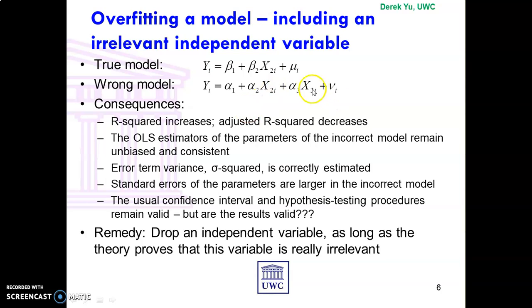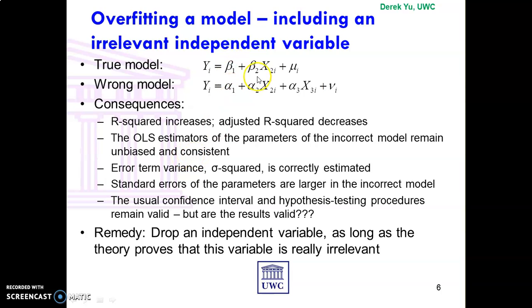Your R square would increase. Remember the weird characteristics of R square. As long as you add more explanatory variables, even if they are irrelevant, R square would definitely increase. But if you commit overfitting, although R square would increase, your adjusted R square would decrease. Second consequence is fine. Luckily, if you commit overfitting, not much of an influence on your parameters. They remain